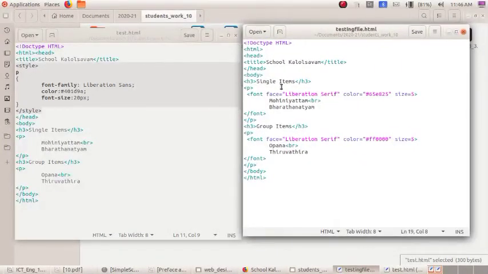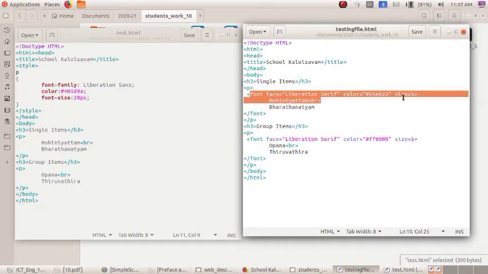See, just after the title tag, here I have included one extra tag. Its name is style, that is the cascading style. So we denote that with a style tag. Then I have given the font face and all those things just under the paragraph tag in the first one.